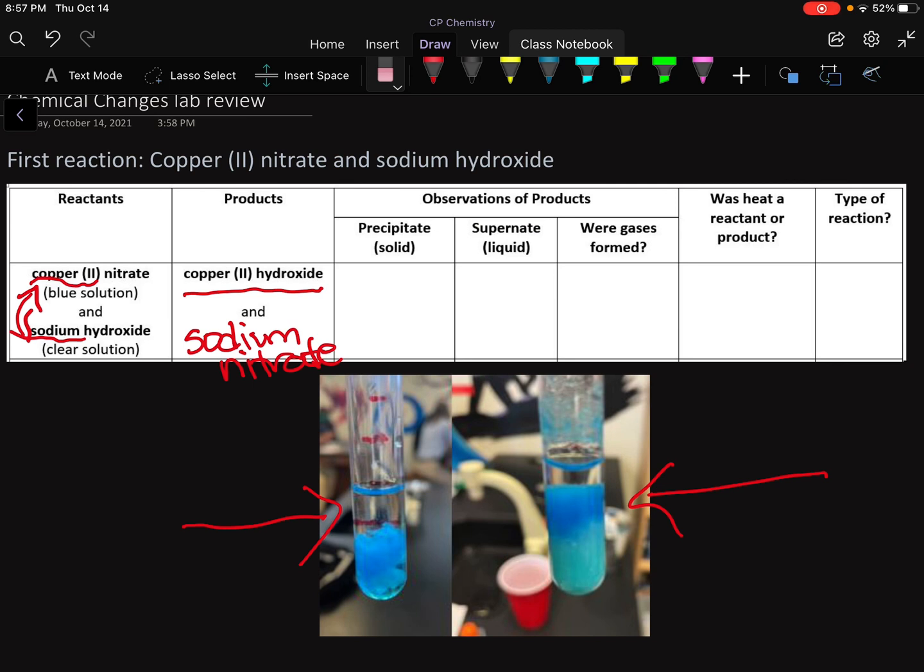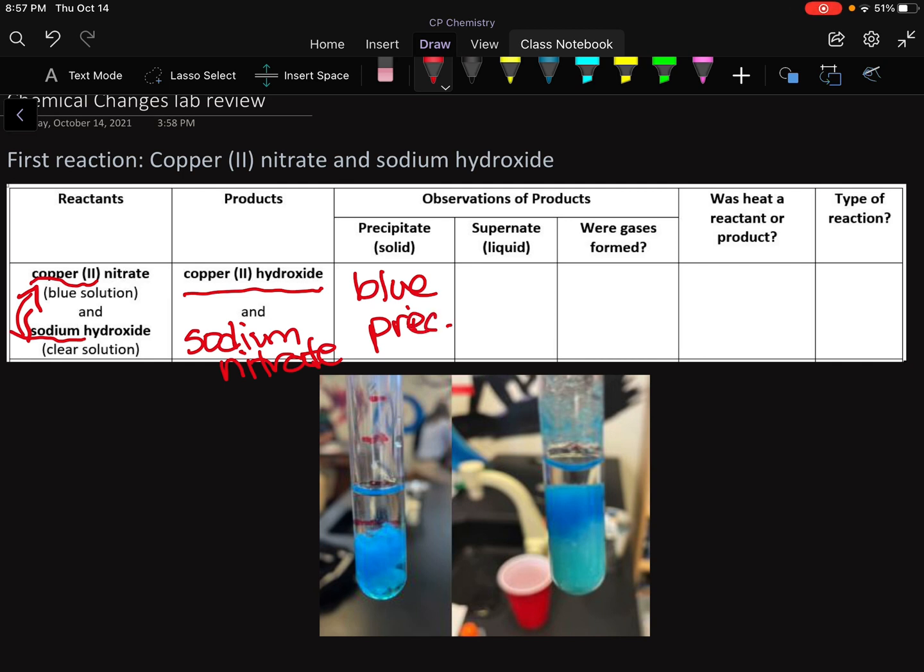You're just telling me what you see. So we have the blue down at the bottom. This one has 3 layers, okay? But the blue at the bottom is the precipitate in this picture. And then it looks like almost like you got a white precipitate and a blue precipitate in the middle. Okay, so that's how you would describe, depending on what yours look like, that's how you would have described the precipitate. I would have said a blue precipitate,